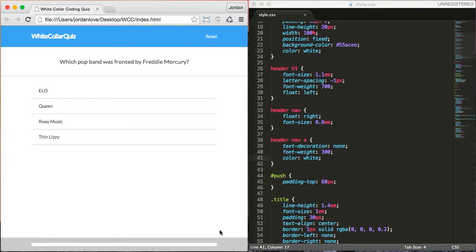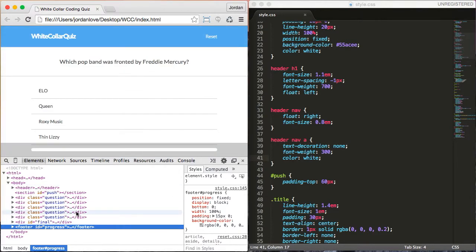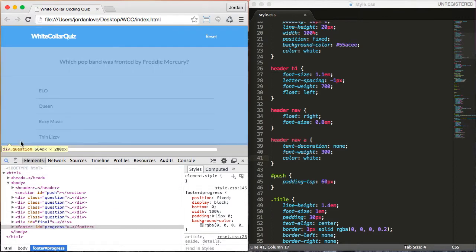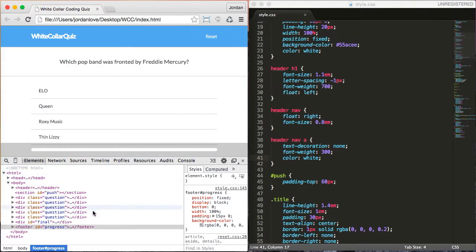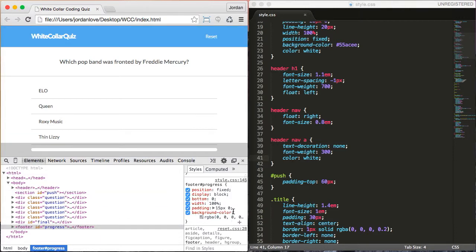Perfect. Now the header's changed, I want to make the footer change to be the same color. So again, right click, Inspect Element, it brings up which place that I'm supposed to look at. There you go, the footer is what I want, but just in case I'm getting the magnifying glass, clicking on the footer section, and we can see it's the footer hashtag progress, and there we go, there's the background color